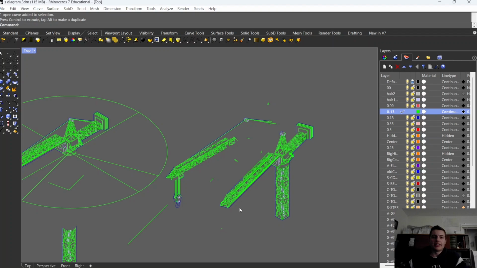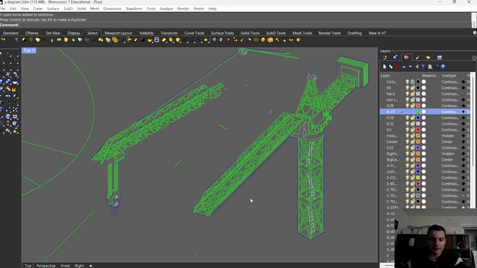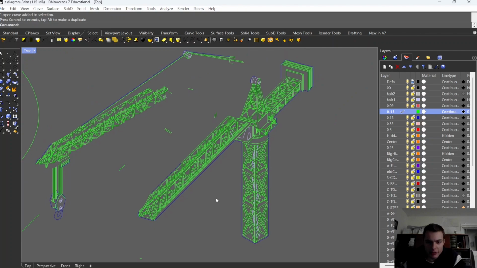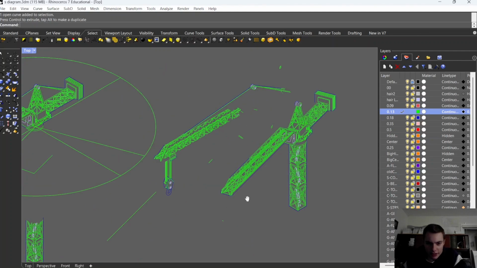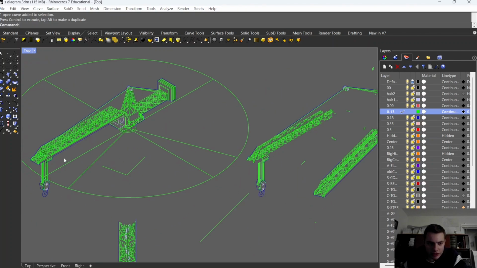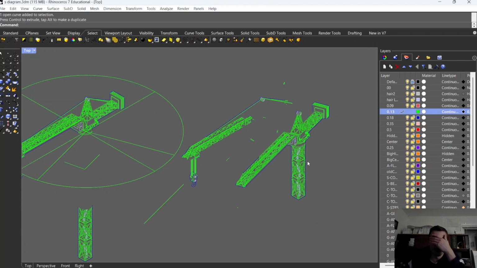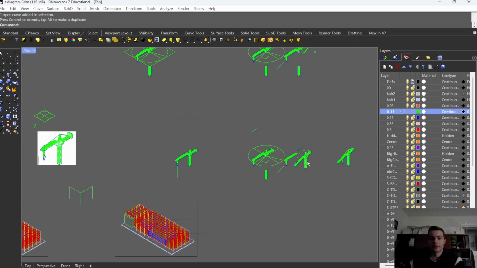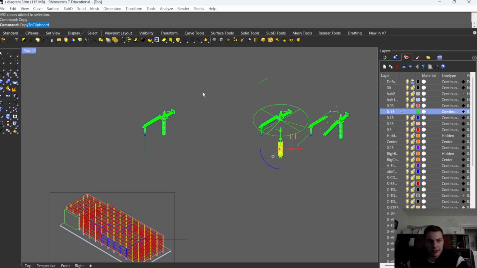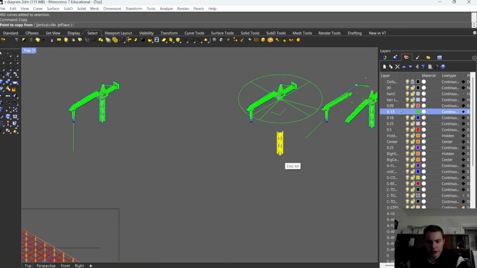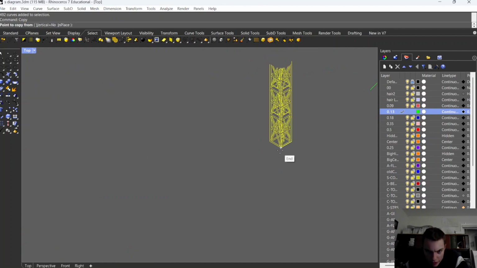Okay, so 6 hours later and we're already done. It's like, what the fuck? This took so long. As you can see, we've got the original ones there, and now you can see they're rotated. Holy fuck, this took forever. It's so tedious. So the next step, I'm going to copy